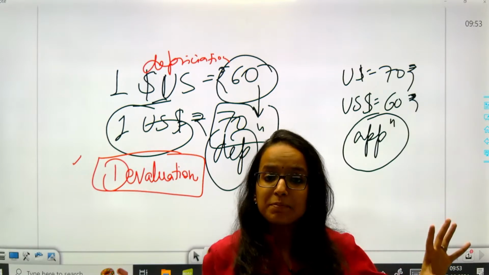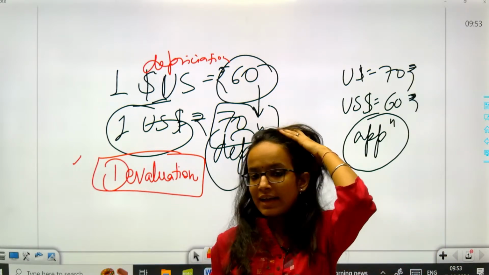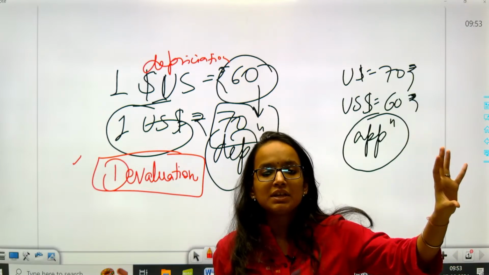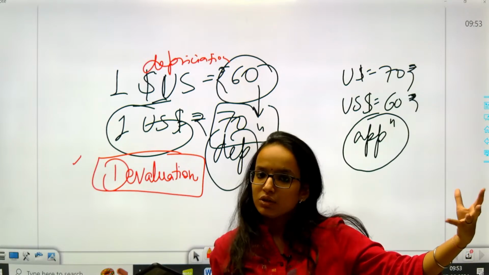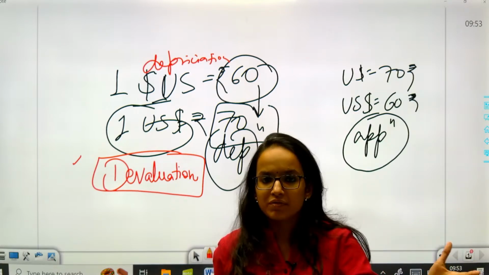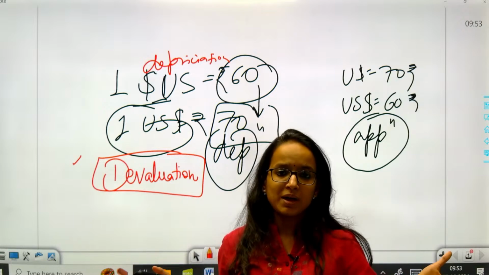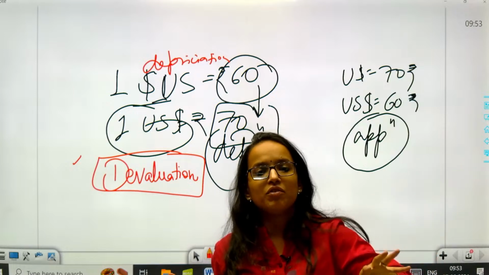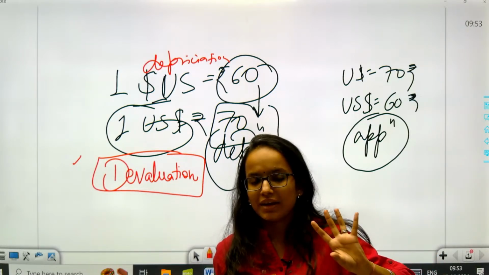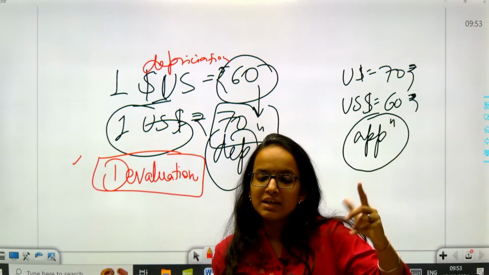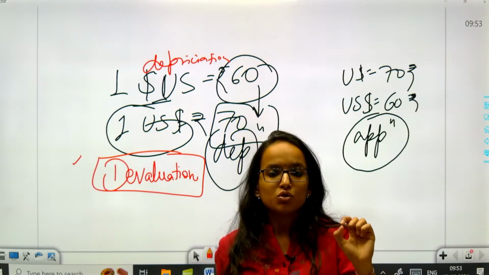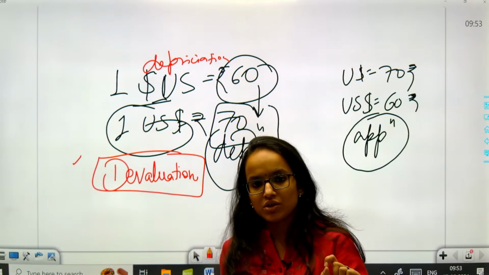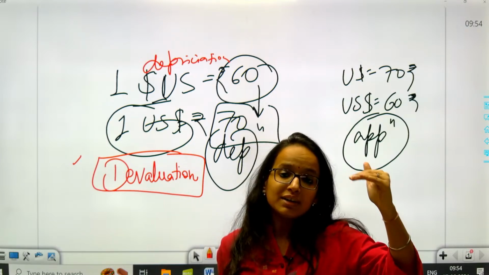What is the difference? You all know that, like any other market as of now, we have free market economies, right? We have left everything in the hands of market forces of demand and supply. They determine the quantity, the price of everything, the exchange rates. So in the foreign exchange market as well, we have a free market mechanism, as compared to the earlier systems. So demand and supply decide your foreign exchange rate as well. So when, due to automatic market forces of demand and supply, your currency depreciates,